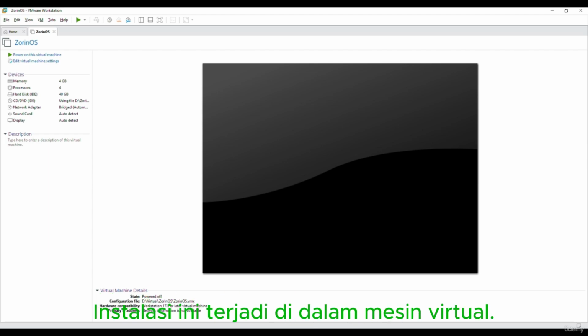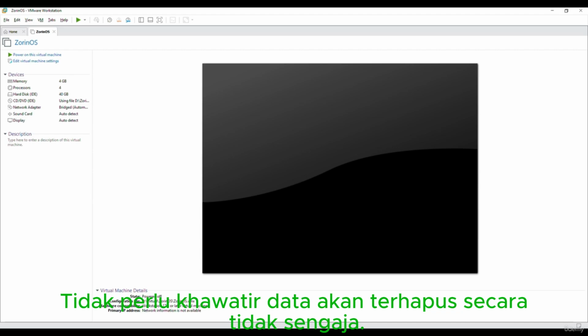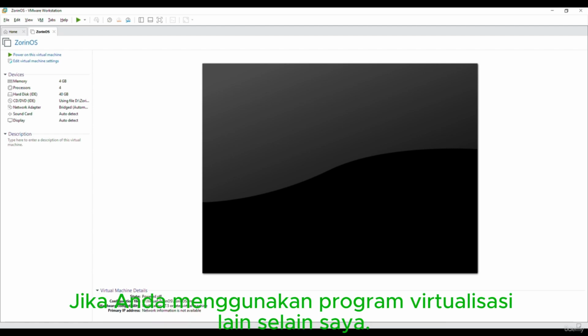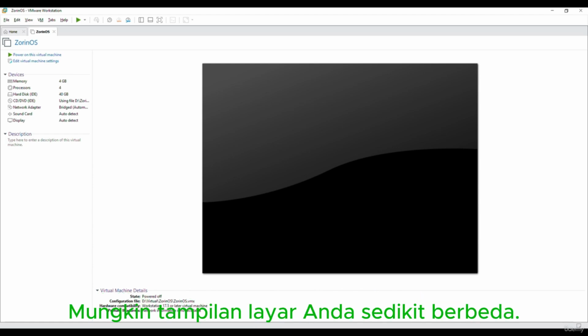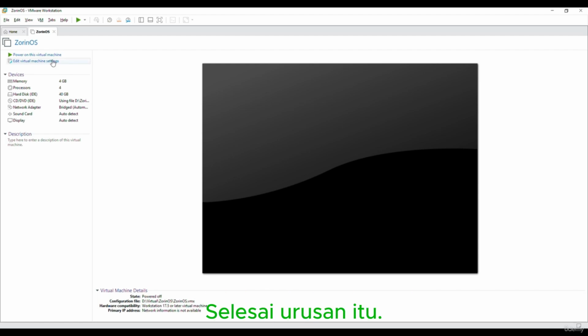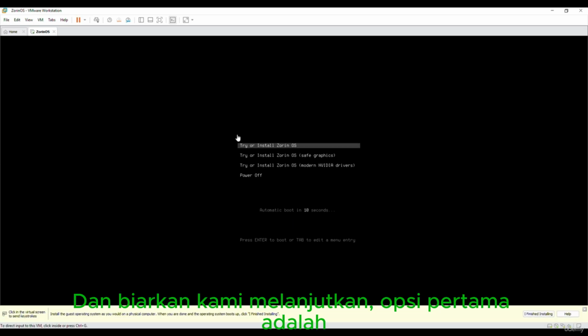Now, just a reminder, this installation is happening inside a virtual machine, so it's a lot safer than installing it on a physical device. We don't have to worry about potentially overwriting data as long as we've got the space on the hard disk we've selected. If you're using a different virtualization program to me, like VirtualBox or Proxmox, your screens might look slightly different, but the core steps are essentially going to be the same. With all that out of the way, it's time for us to click power on this virtual machine